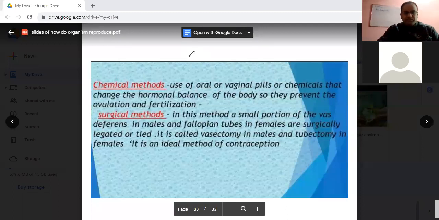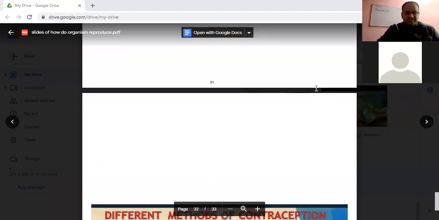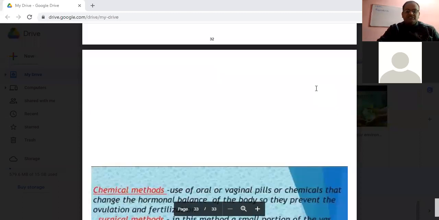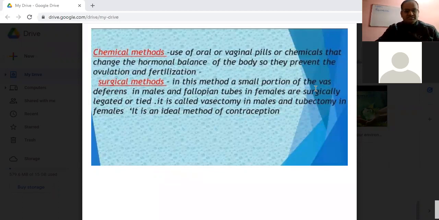Okay, fine. Now, students, in the topic of reproductive health, we have one more topic to discuss, that is sexually transmitted diseases. So what are sexually transmitted diseases? Diseases which spread from an infected person to a normal person through sexual contact. There are two types of sexually transmitted diseases as far as our syllabus is concerned. One is bacterial, the other is viral.